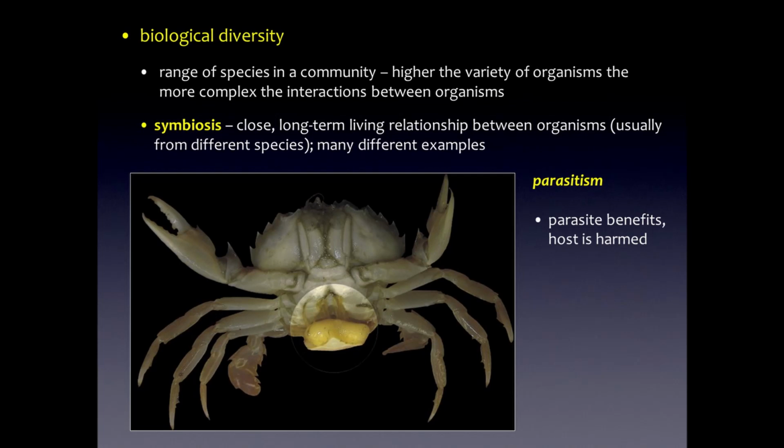And then the final example we see of symbiosis is that of parasitism. Parasitism, not a good thing if you're the host. So what happens is a parasite inhabits a host. The parasite's going to benefit from the relationship, but the host is going to be harmed. It's either going to be sick or can potentially even die. So here what we see, in the highlighted area in that crab there, is a parasitic